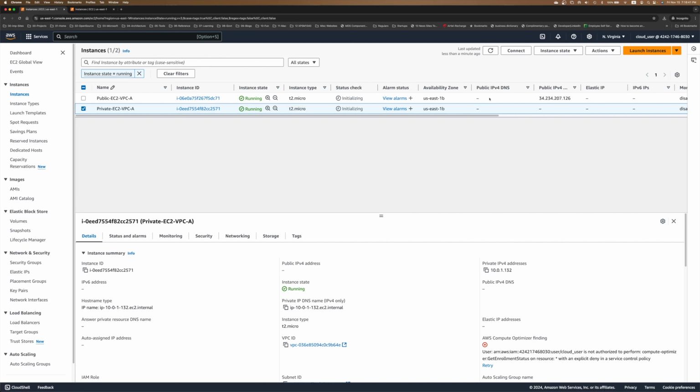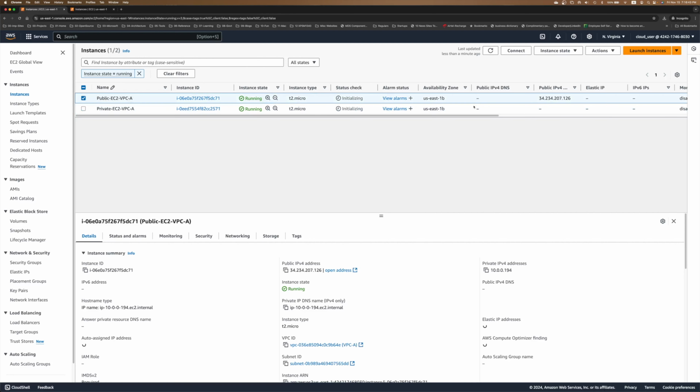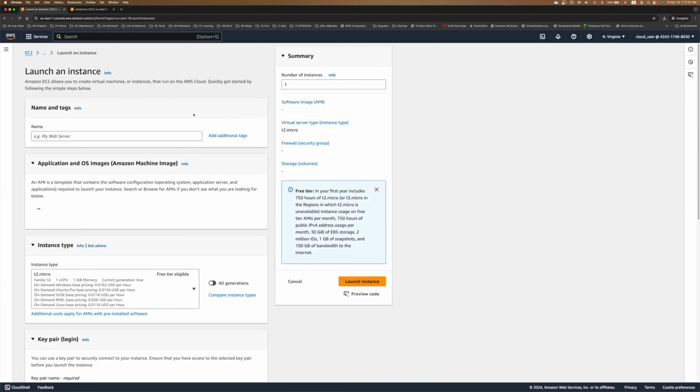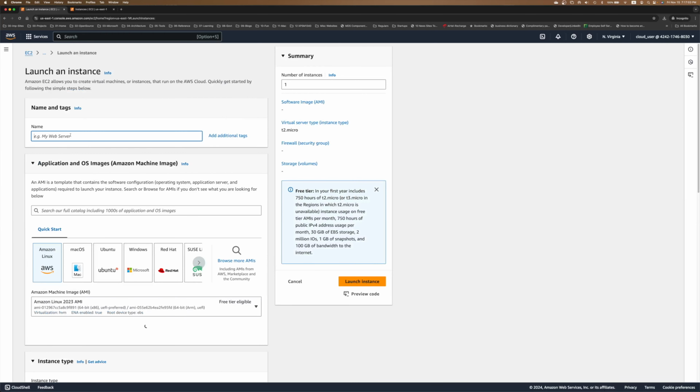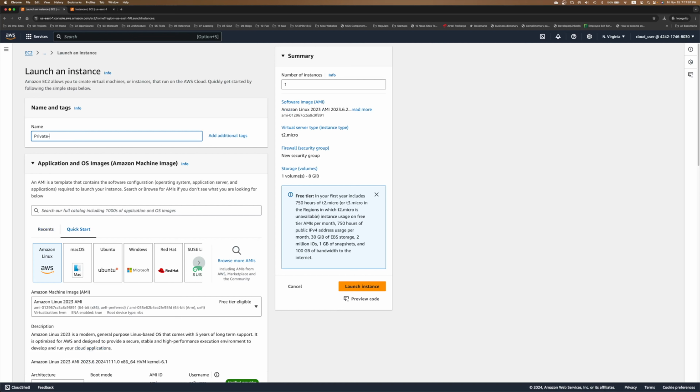So what I'm going to do is, this is going to be a jump host for me. I'm gonna log in using SSH to this particular machine using the public IP, and then from there I will SSH to this machine, and from there we'll test the connectivity. Right now there is no connectivity. Let me create two more instances, and these are all going to be private EC2 on this is VPC-B,